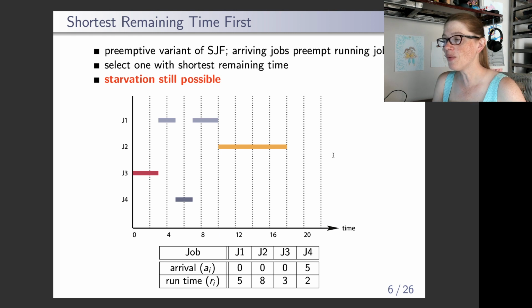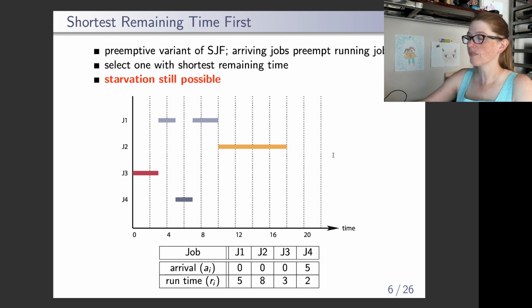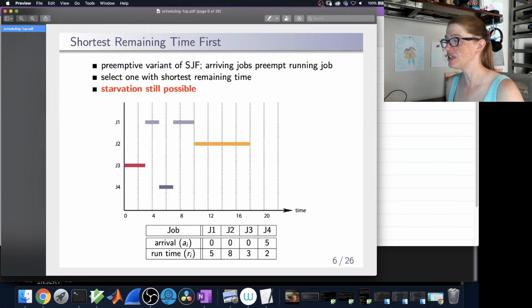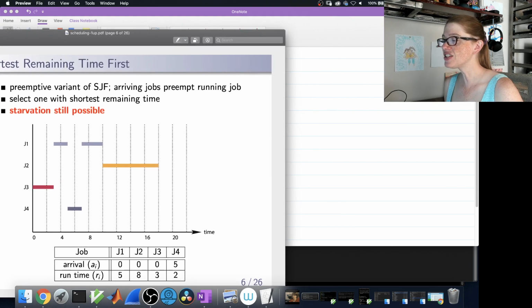All right, so can we use preemption to improve shortest job first? And this is a variant called the shortest remaining time first. And the idea is that, and there's a few ways that you can implement this, but one of the common ways is, when a new job arrives, we preempt the running job and then choose the job that has the shortest remaining time to go next. So what I'd like to do is go back out to OneNote here, and let's redo this again,